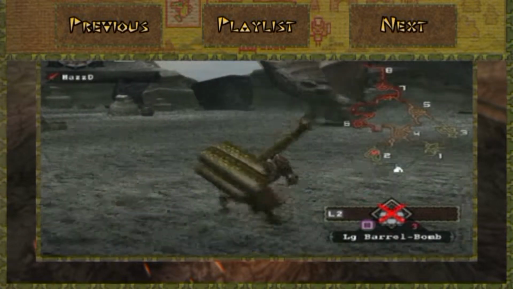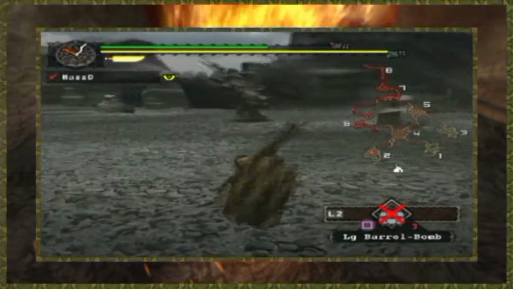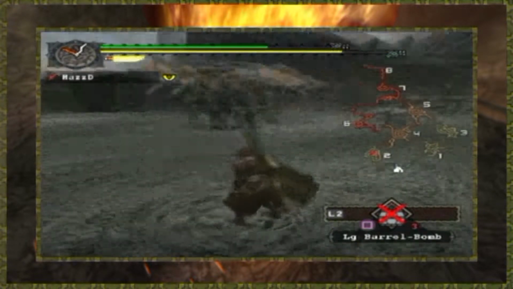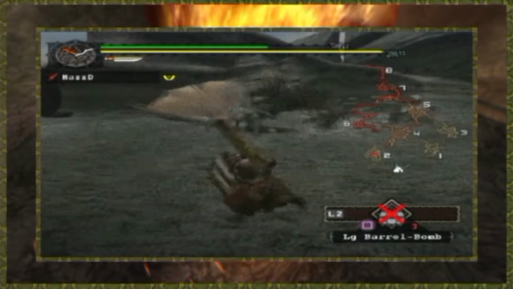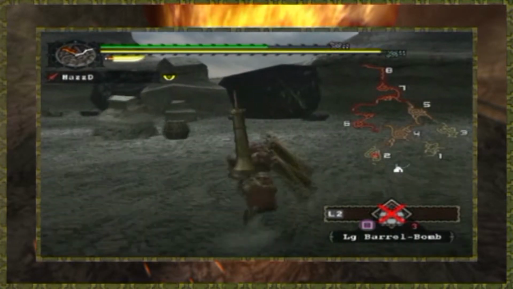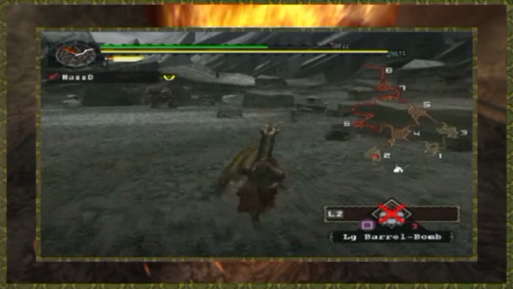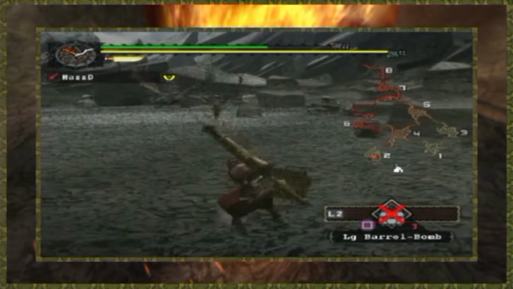Hello and welcome back, and as you can see, that monster just jumped out without me even doing anything. Normally you would need a paintball to get it out of the ground, but it just randomly jumped out without me even having to do anything. So what I'm going to do is come over here and stand by this rock, and while it's over there coming towards me, what I'm going to do is...